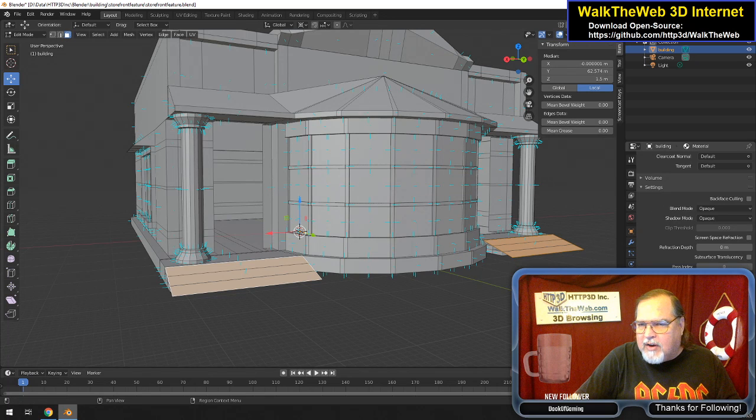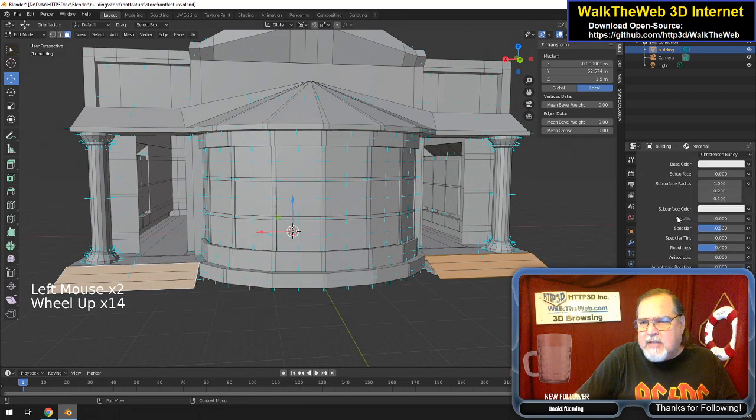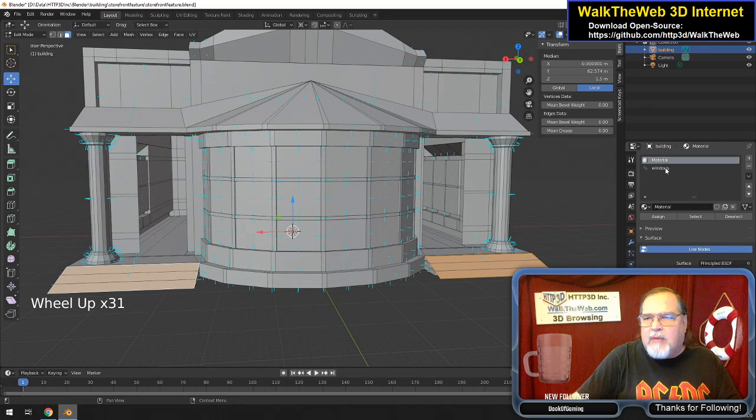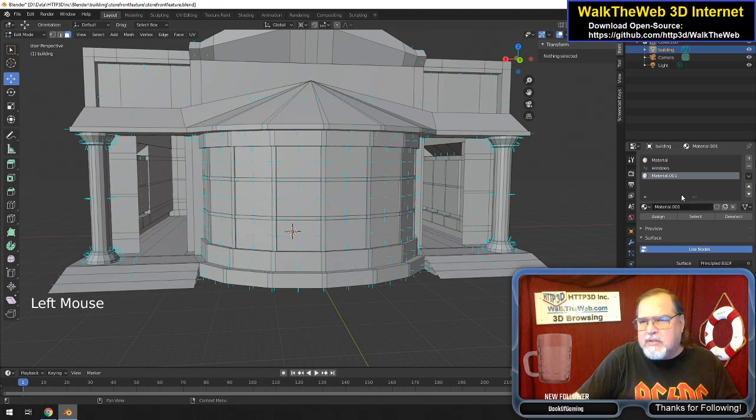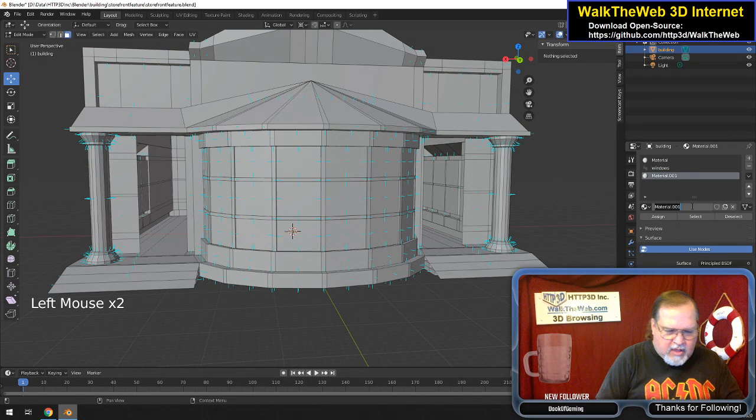The other part is we're going to fix a couple things here. One of them is, if we go to our materials, we have materials, we put windows on it the other day. I'm going to add another one. Okay, let's see, there we go, add another one. I'm going to say new. Is my computer just not cooperating with me today? There it goes. New material, and I'm going to call this